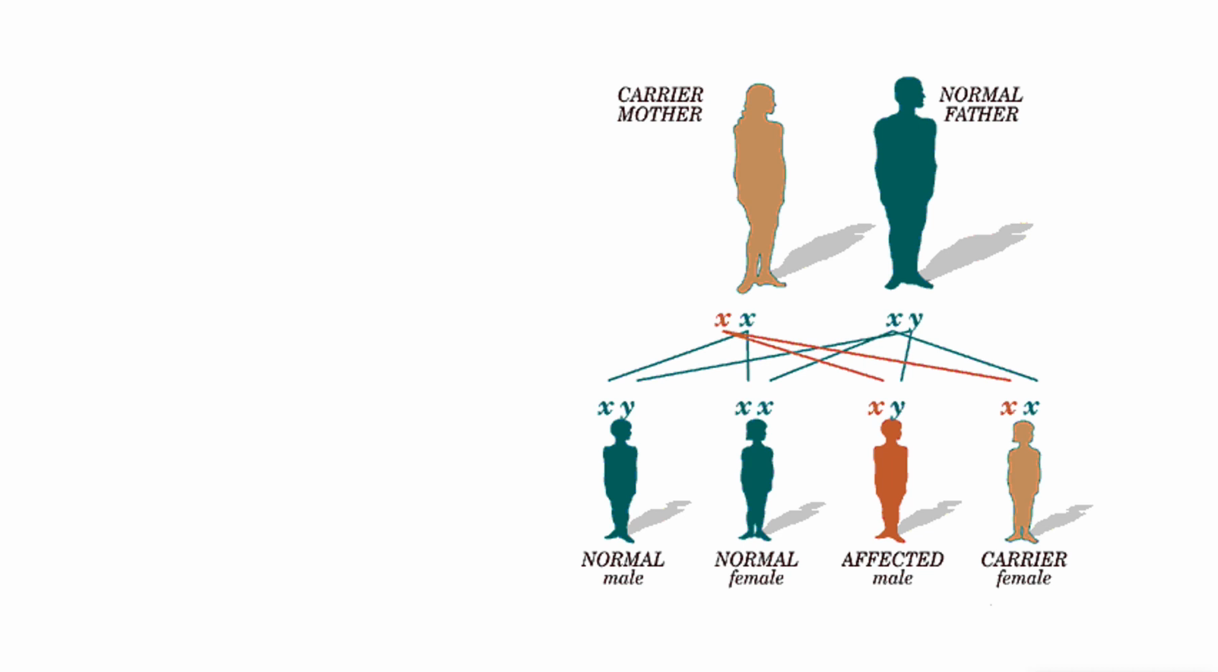Here we see X-linked transmission, where we have a carrier mother and a normal father. So that cross gives you a normal male, a normal female, an affected male, and a carrier female because it's